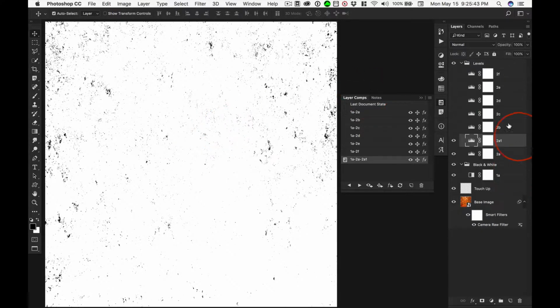Let's come back and let's talk about how we save out some of the textures. And if we really want to at this point,